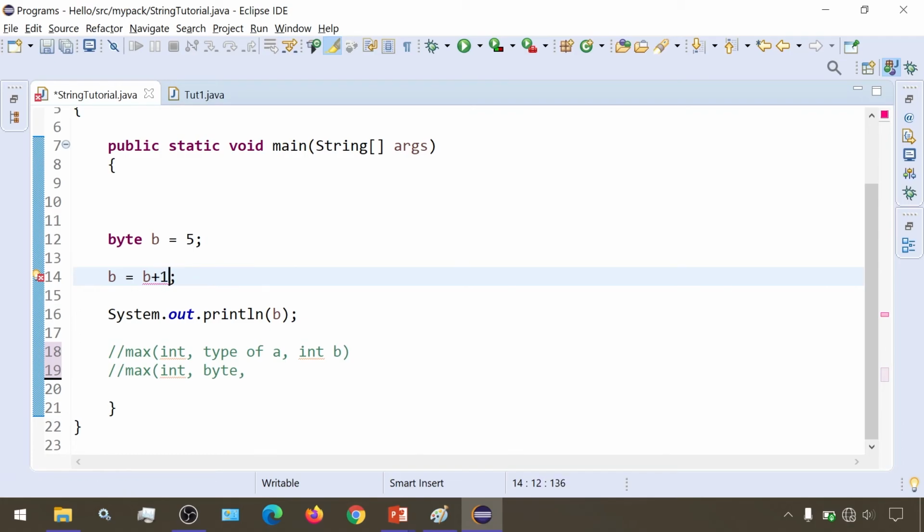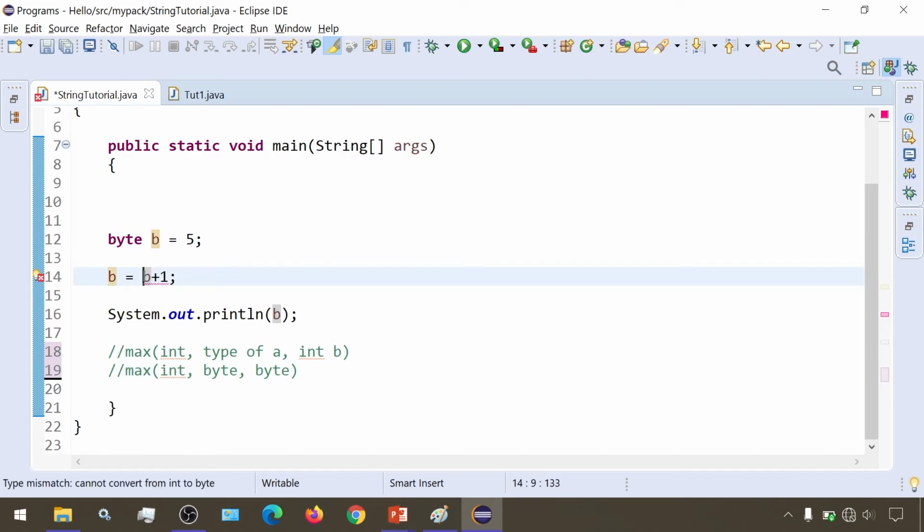And even if it is not considered as int, that isn't our concern. No matter if it is considered byte or int, it doesn't matter. But let's suppose for now that it is considered byte. Amongst these, the max will be int. So it doesn't matter what is considered. Here it will take the max amongst int, byte and byte, so this will be int. So the resultant here will give the result 6.